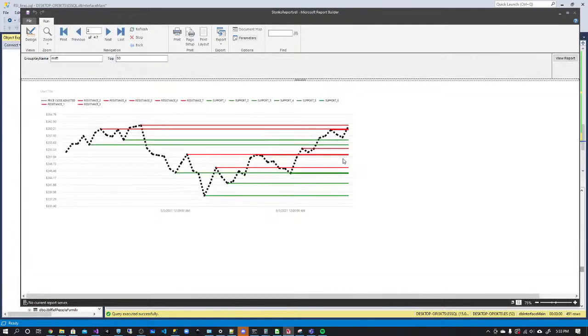So I can not look at this and just make SQL do this. And also I'm drawing support and resistance lines mathematically. So it's like, we have to visually look at this to see, oh, this is a support line, this is a support line, but we can actually see when the lines start doubling up where we get more of an actual support line. So we'll be able to look at a date range and ask for more,